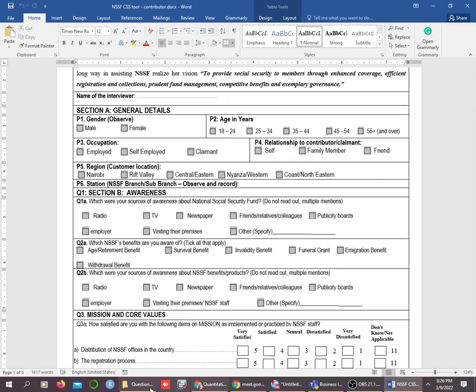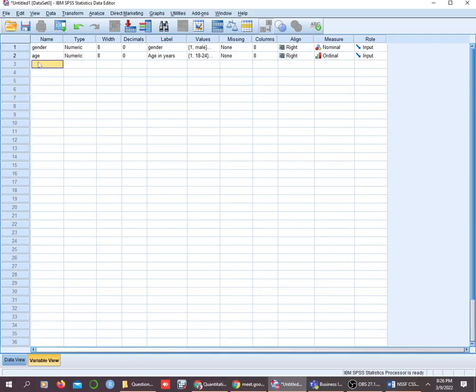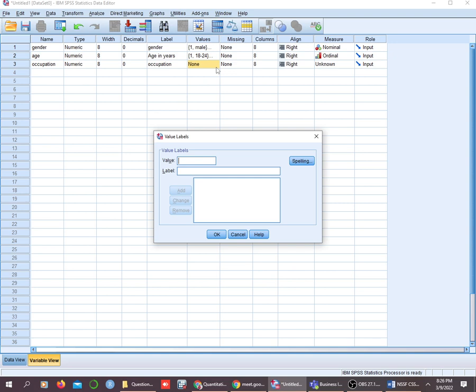So in this case, I would come to my variable view, and then I'll say occupation is the name, and it's numeric. I adjust decimal to 0, and for the label I'll just say occupation. There's nothing much. And then under values, I'll say let the value of 1 represent somebody who's employed, and then you add. Then you say let the value of 2 represent the person who's self-employed, and then let the value of 3 be the claimant. So basically claimant is that, so I hope you understand how NSSF works,